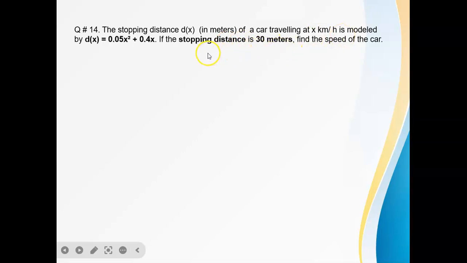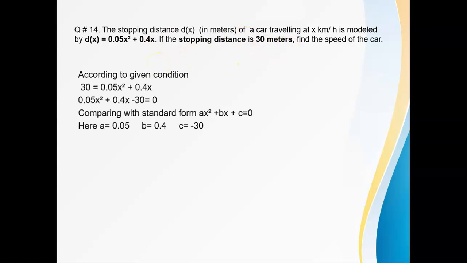तो आपने क्या करना है, आपने देखना है कि अगर एक जो कार है, if it stops after traveling a distance of 30 meters by the given equation, तो आपने ये देखना है कि उस वक्त में उस कार की स्पीड क्या है. So here according to the given condition, since we have given that the equation